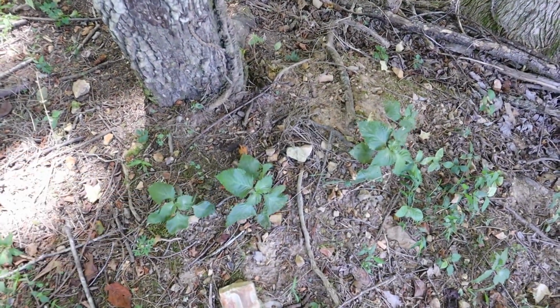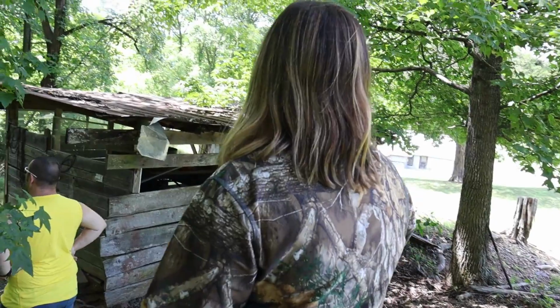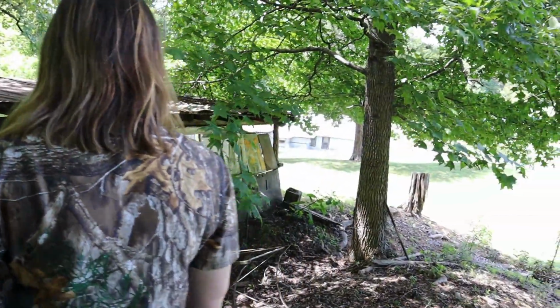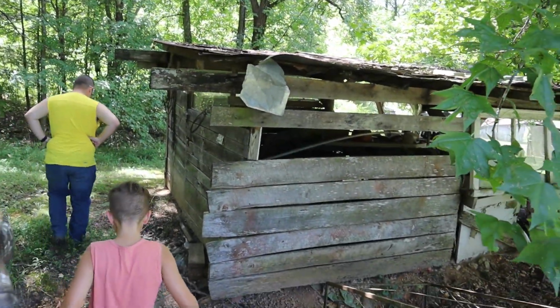Stinging nettles. Oh, is that where they made the...? I didn't see any goldenrod back here. Is that where they made the box? Ain't no sun wheel. Huh? Ain't no sun. Oh, then you want to look over there then. Daddy, what? No. Is that where they made the truck wagon? No. Because I thought it was just...